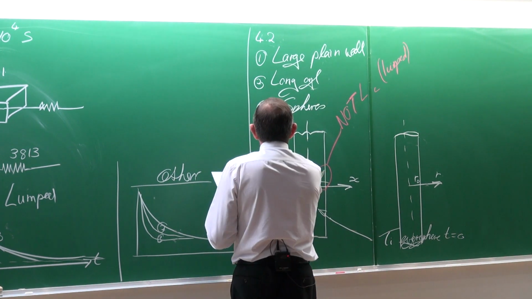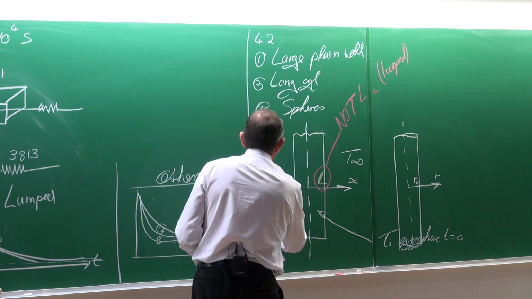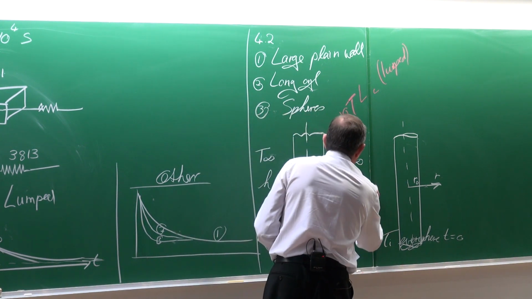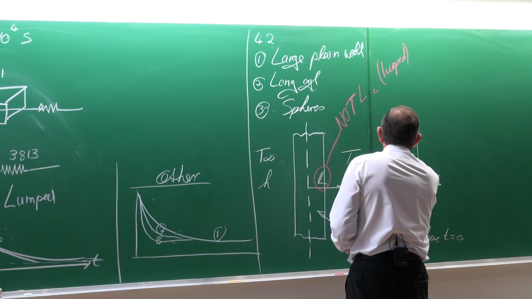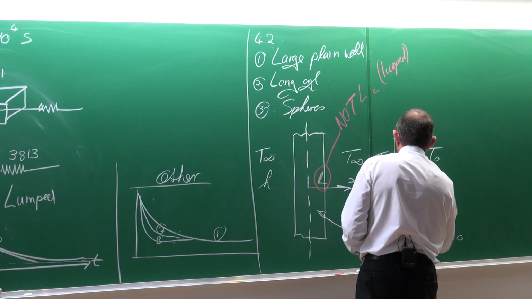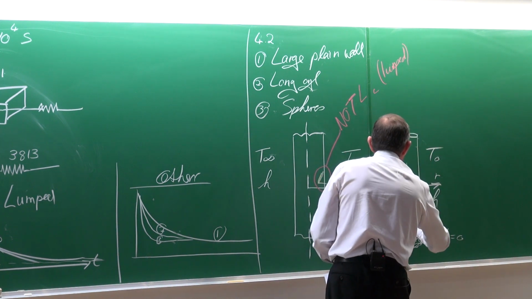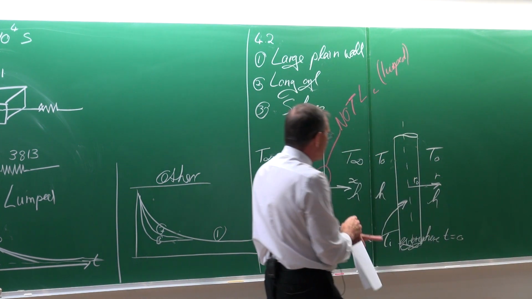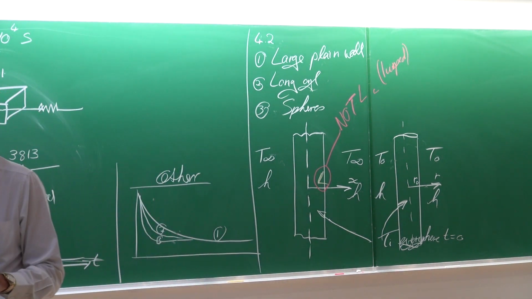And for all of them, we have on the outside the environment temperature T infinity and the heat transfer coefficient h on the left and the right. And the same with this problem. And again, the temperature inside the body is uniformly equal to Ti